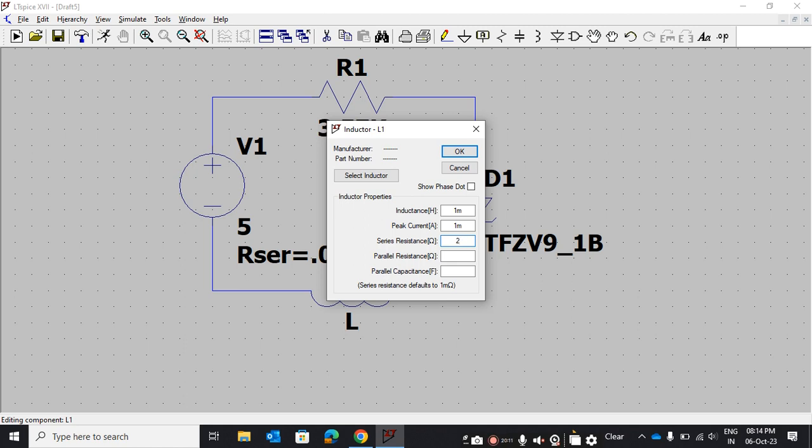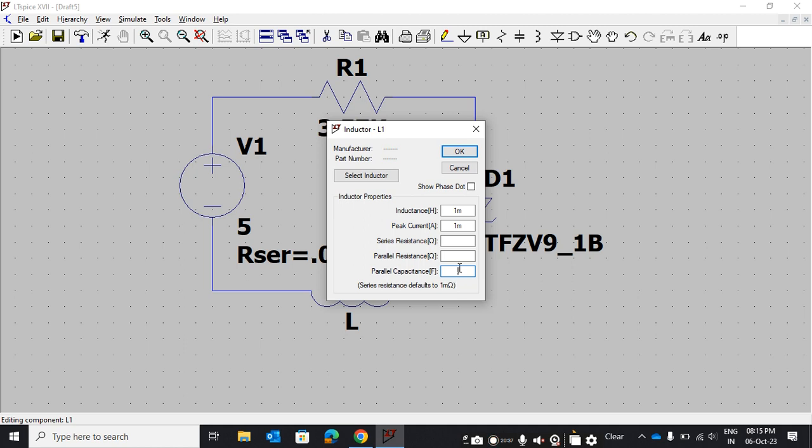If you want to write 2 mega ohm resistance, you will have to put the 6 to make it 2 mega ohm. Okay. And parallel resistance, series resistance, parallel resistance you can keep the same, and parallel capacitance you also keep, whatever the component you are selecting.